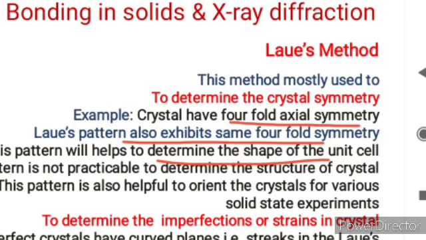That is the limitation of this pattern in describing the crystal structure. It is not practicable to find out with this point what type of crystal it is, as the beam is incident on a very tiny point. This pattern is also helpful to orient the crystal for various solid state physics experiments. Another very important use of the Laue method is to determine